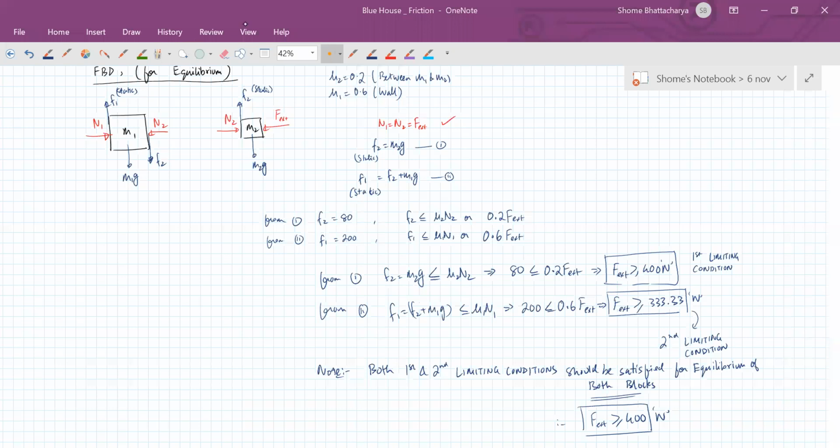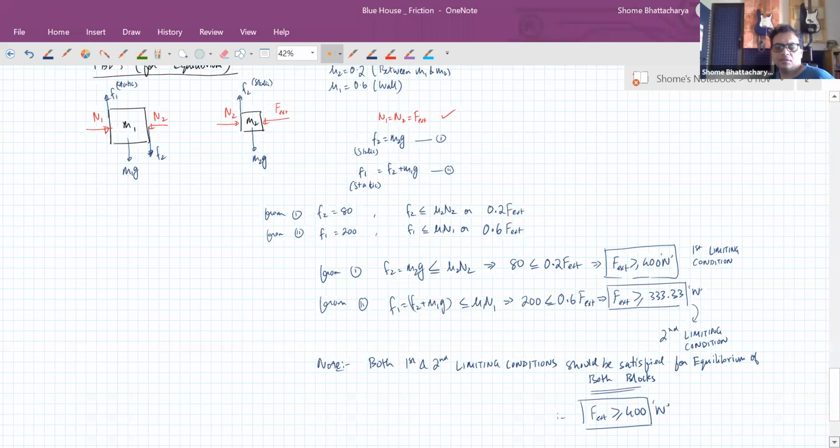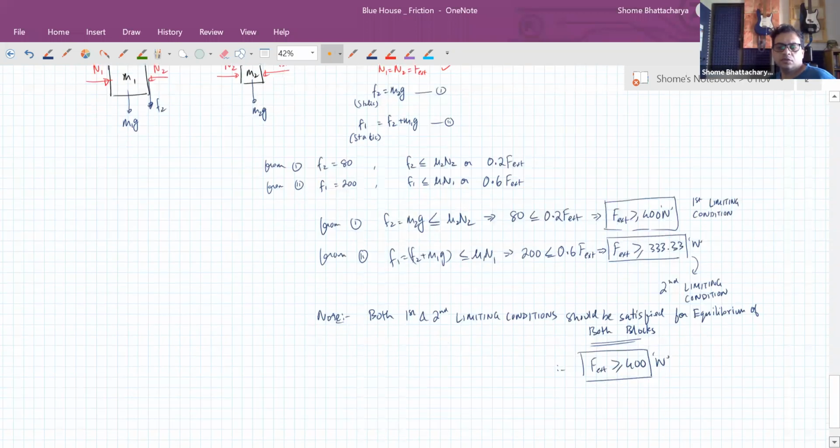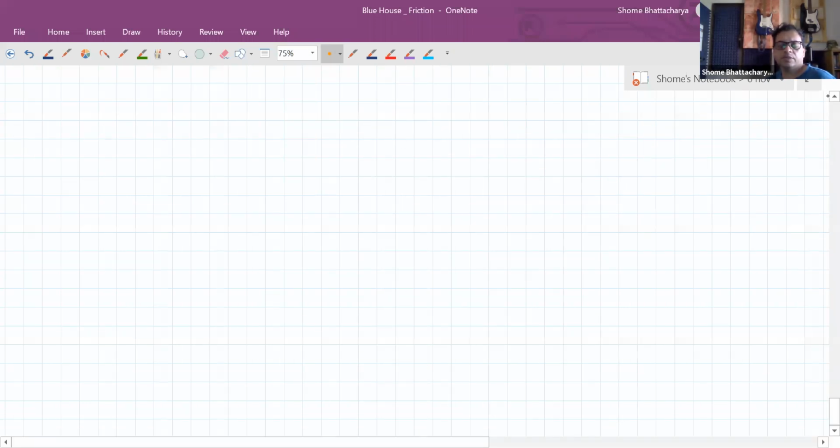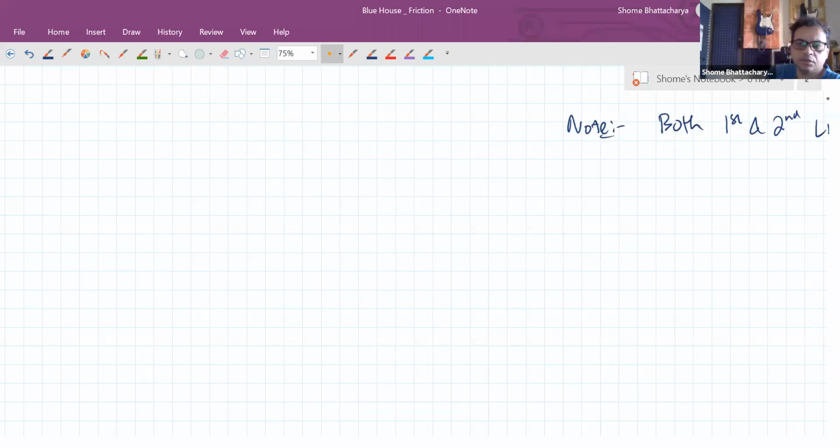Okay, so hope this is clear. So we can simplify this a little bit, not really by a huge amount, because you still have to write the same number of equations at the end of the day, but it can be somewhat easier to understand. But you should not make the mistake of making only one limiting condition. You have to check that both the limiting conditions are satisfied, that there is no slipping at either of the two surfaces. So we can also make alternately